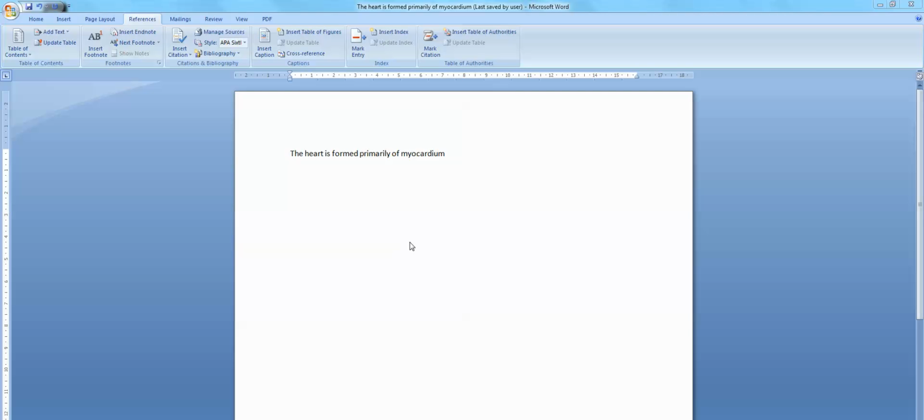Kia ora. In this video I'm going to give an overview of how to use the referencing function within Microsoft Word. So I've opened up a new document here and written a line of text, and now I would like to add a reference. To do so, you're going to click on the referencing tab